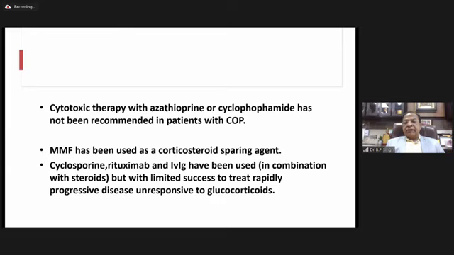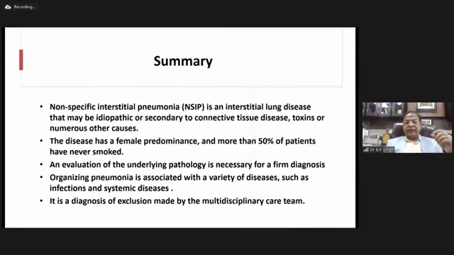Cytotoxic therapy with azathioprine or cyclophosphamide has not been recommended in patients with cough. MMF has been used as a corticosteroid-sparing agent. Cyclosporin, rituximab, and IVIG have been used in combination with steroid, but with limited success to treat rapidly progressive disease unresponsive to glucocorticosteroids. So, to summarize, NSIP is an interstitial lung disease that may be idiopathic or secondary